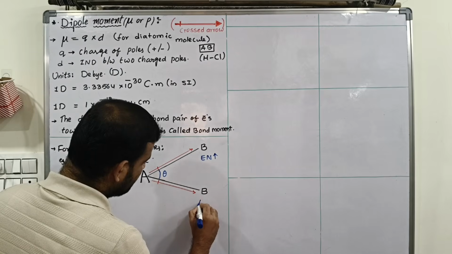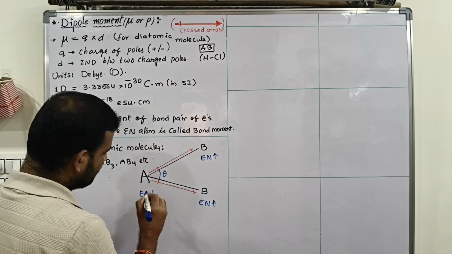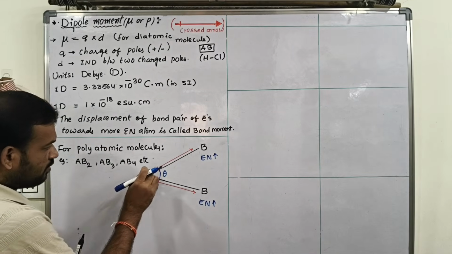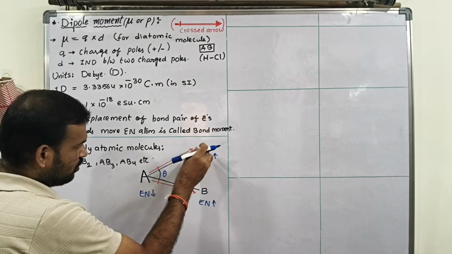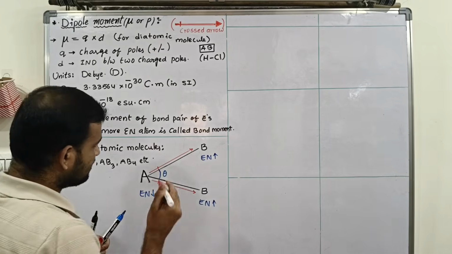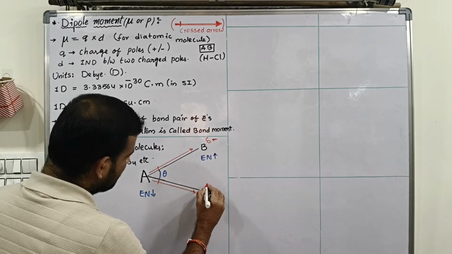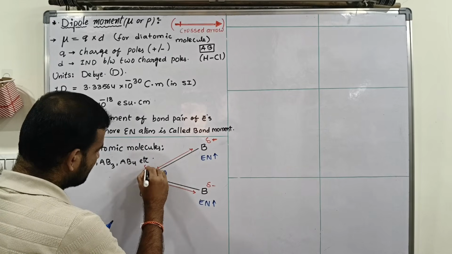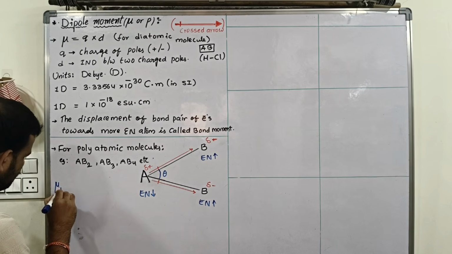If you consider B atom as more electronegative compared to A atom, what will happen? The bond movement will take place from the less electronegative atom to the more electronegative atom. That's why here B will get a partial negative charge, and A will get a partial positive charge. Okay, so to find out the net dipole moment, mu r is equal